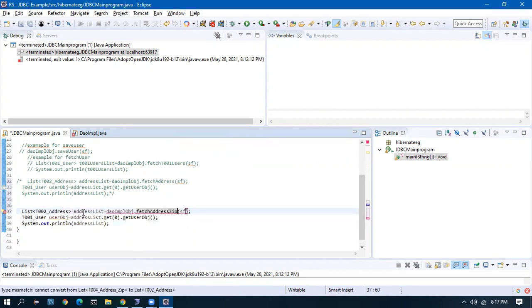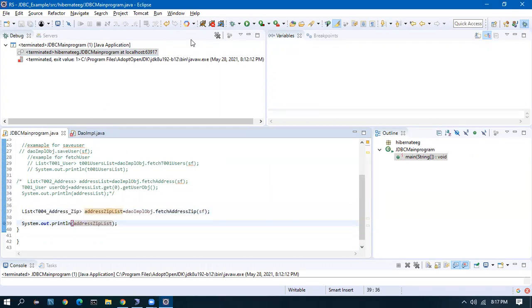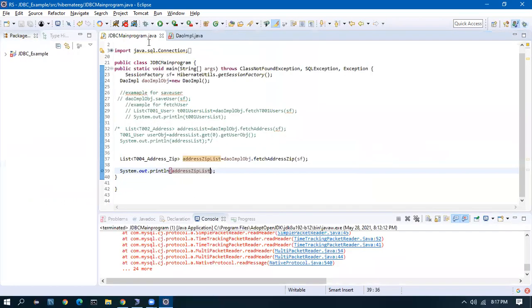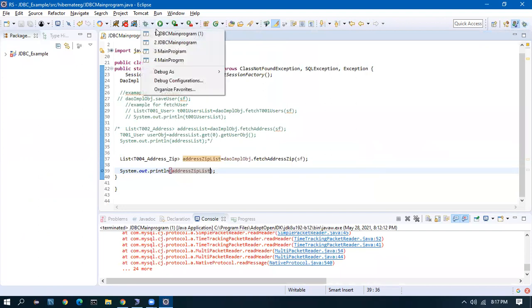Address zip list, T004 and address list. Okay, I'll delete this object. Address zip list, I'll print. I'll have a debug here.